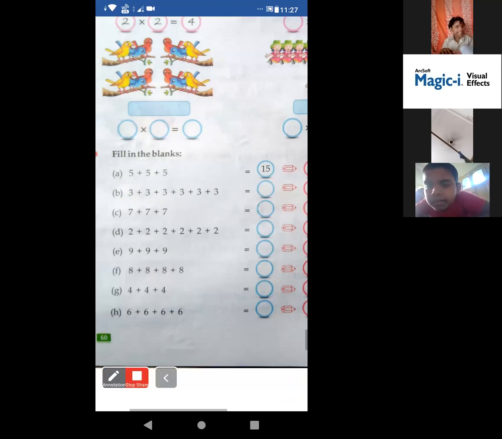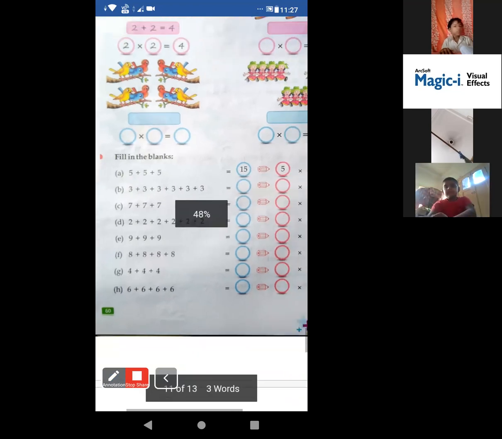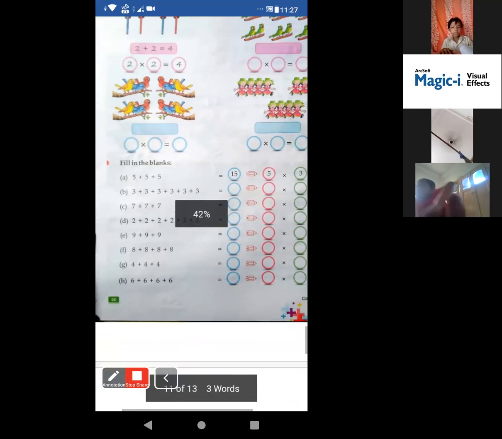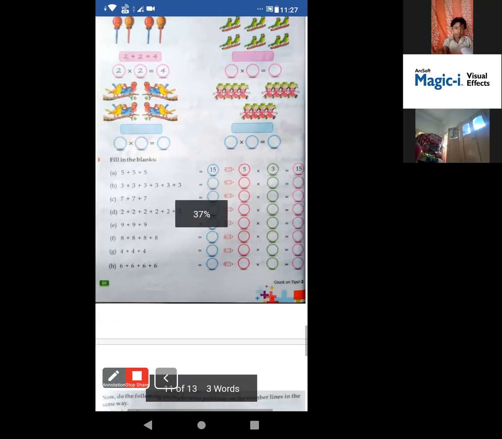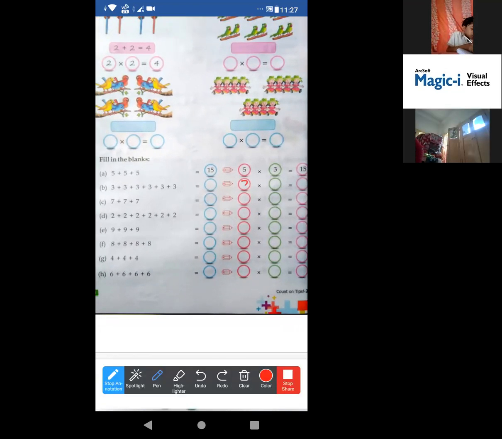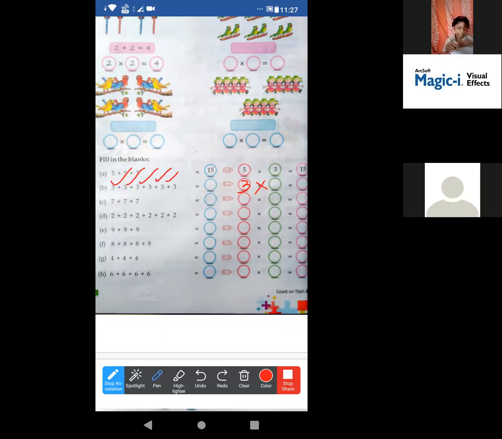So what to do? Basically, look. Here in this box, you have to write 3. Into how many times this 3 is written over there? First, second, third, fourth, fifth, sixth. 6 times, na? So we have to write this 6 beside this 3. 3 6 and answer will be 18. Is it clear to all of you?